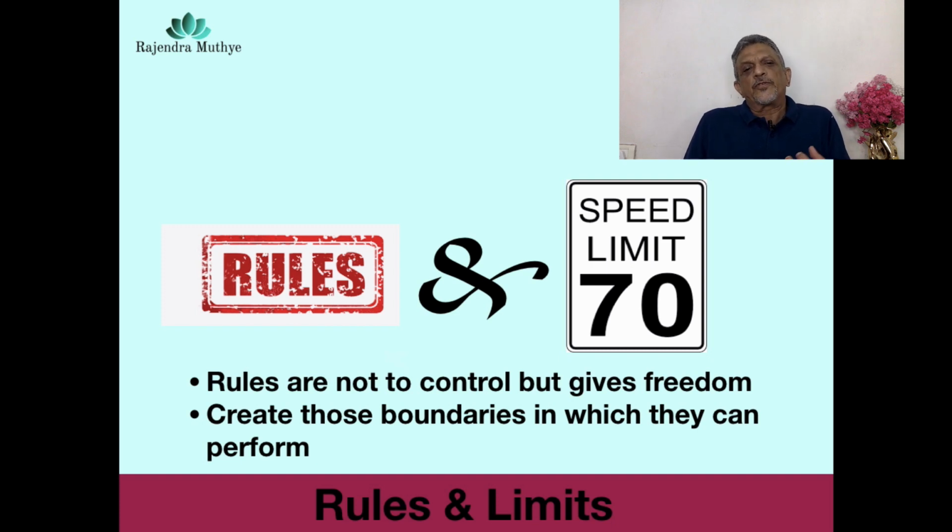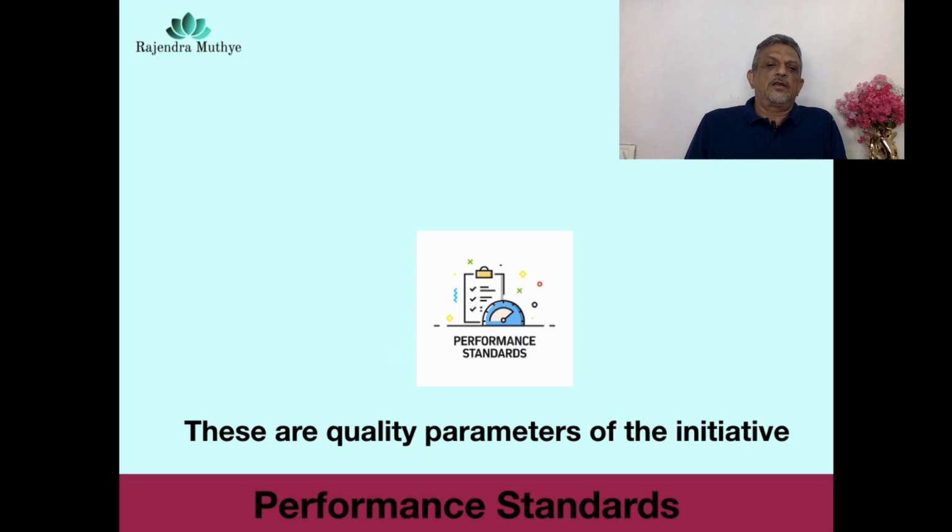Okay. So create those boundaries so that they can play around with the limits and the rules. Next, performance standards. These are different from rules and regulations. They are boundaries within which they will perform. Beyond those boundaries they cannot. These performance standards are basically quality parameters. So when you're delegating this particular result to them,